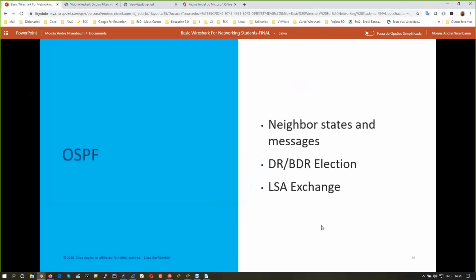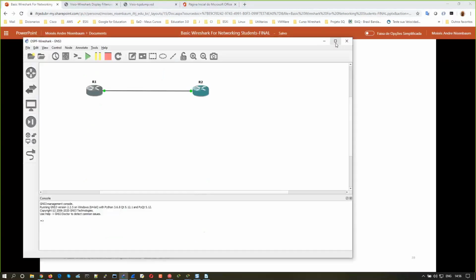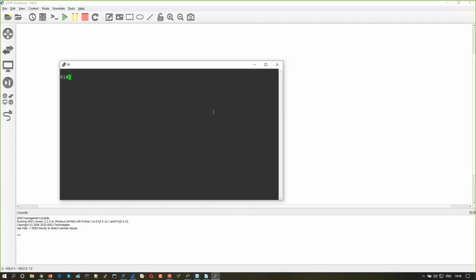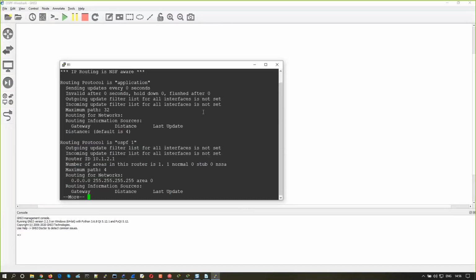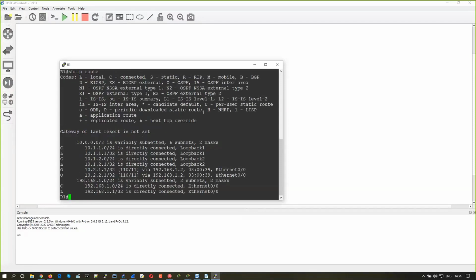Okay. Let's see a little bit of GNS3 and see OSPF messages in GNS3. So when you study OSPF, we study this ugly thing here with many communications, names, etc. But you can go to the wonderful world of Wireshark to see what's happening. How can I see? We have OSPF running here. Good. We have the OSPF routers here. Okay, no problem. So what we can do in